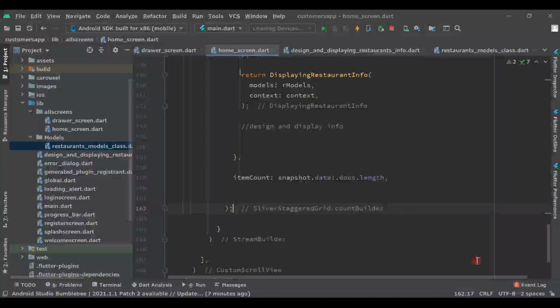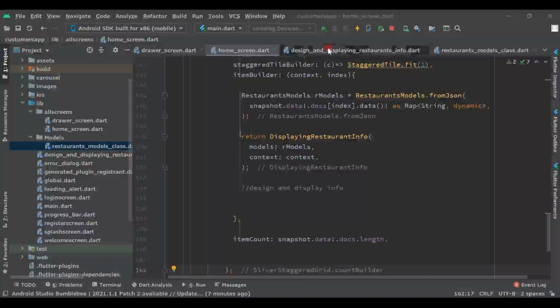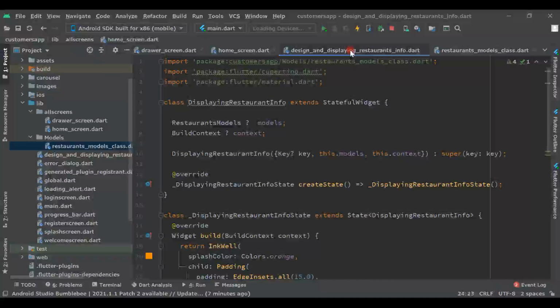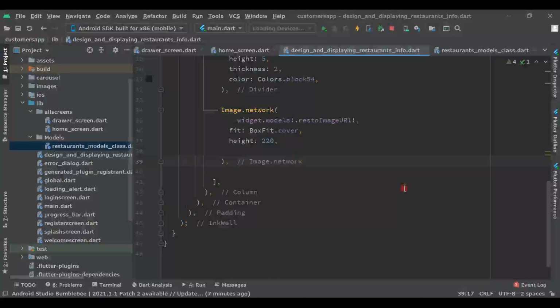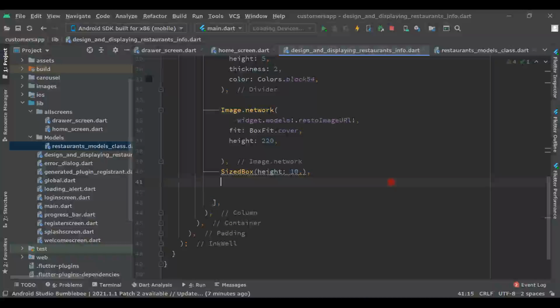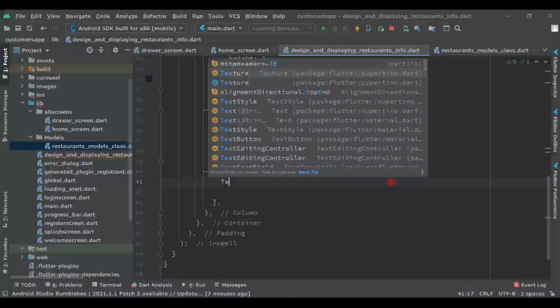So yeah, let's continue our designing. Let's display the other information also, like the name of the restaurant. So come here to the design and displaying restaurant info, and here after this image network, let's add a size box. Height will be 10. Now here a text widget,